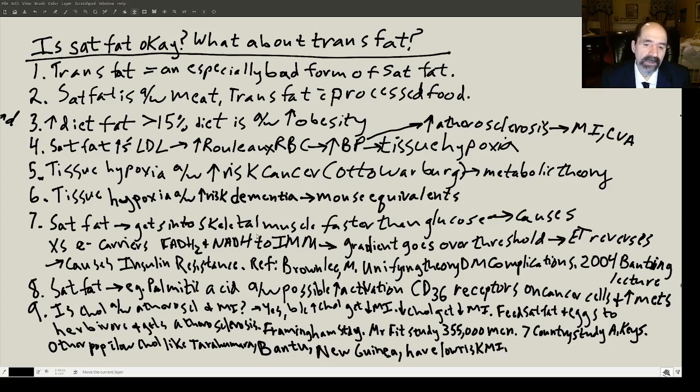The great paper written on this, I think the best paper ever written on diabetes, is by Michael Brownlee, and it's called something like Unifying Theory of Diabetes Complications. It was selected as the best research done in diabetes, and he gave what is called the Banting Lecture in 2004. So that's pretty easy to find on the internet. The entire article is available for free, and it's rather extraordinary. He maps out all the details of the biochemistry of diabetes, but the key thing to know is fat is what initiates it. And that's been confirmed by the research of Gerald Shulman, MD, PhD, at Yale,